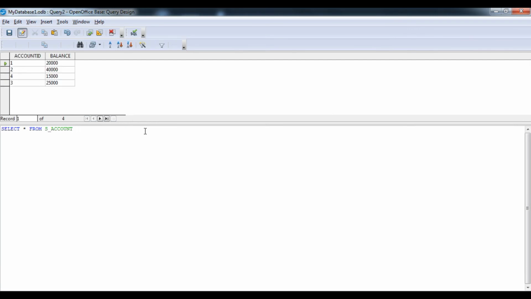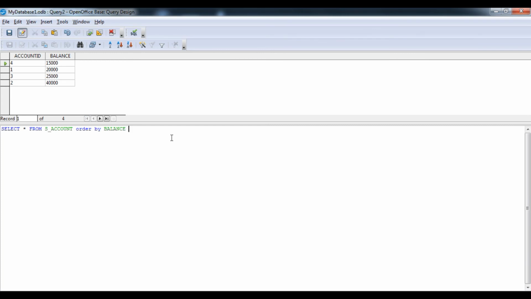First of all we'll see the output normally, and now order by balance. Now you can see 1500 will come first, then 2000, 15,000, 25,000, 40,000. So you can see, student, according to the balance the account ID is also changed.